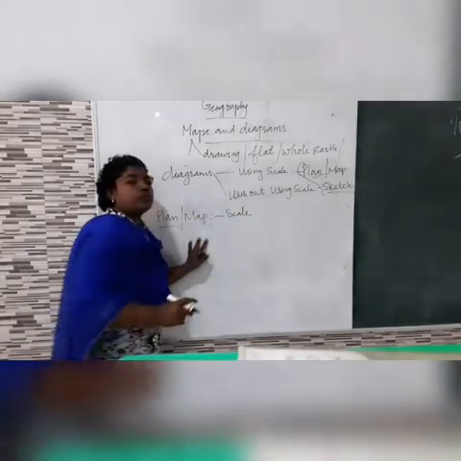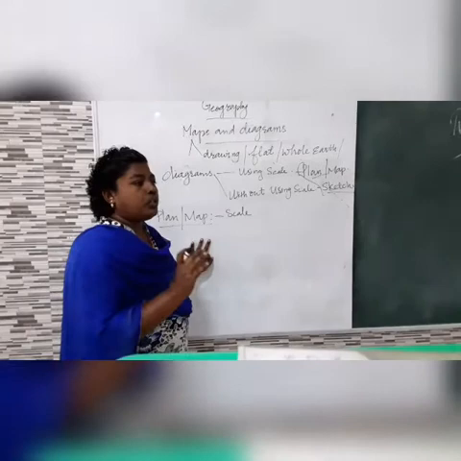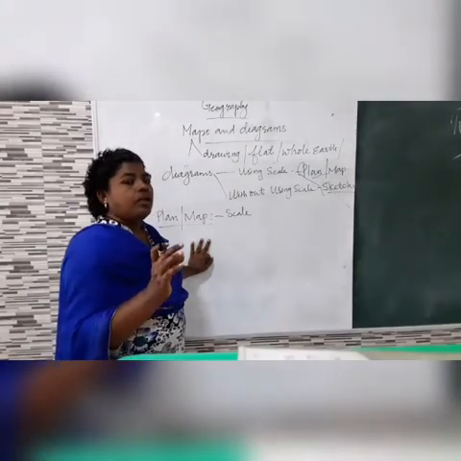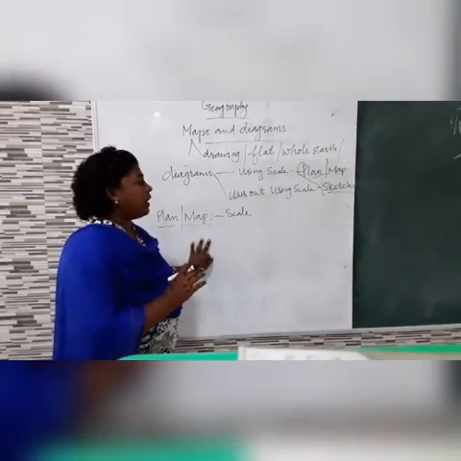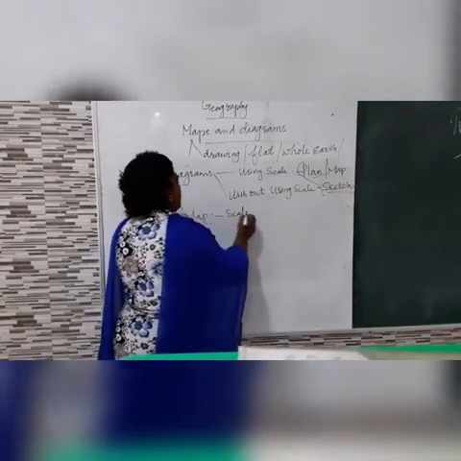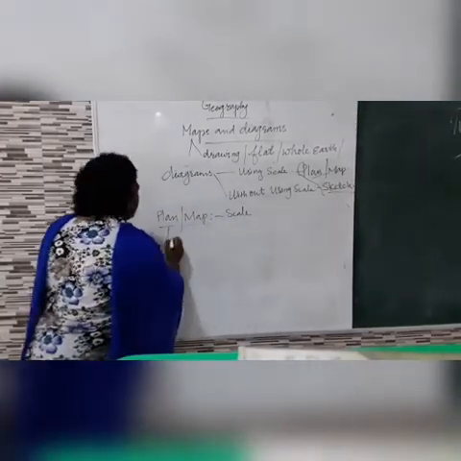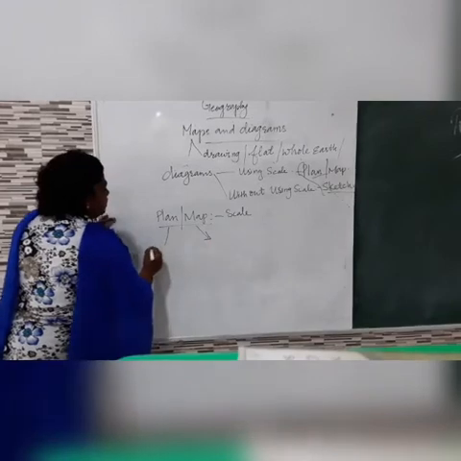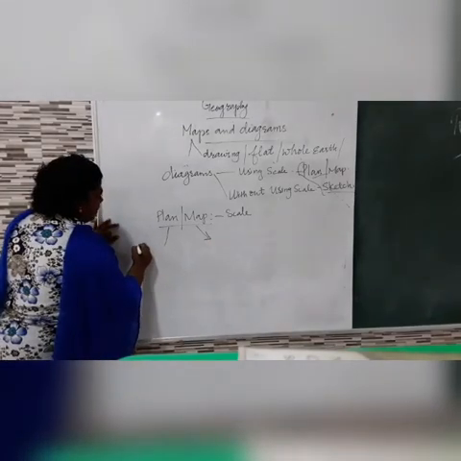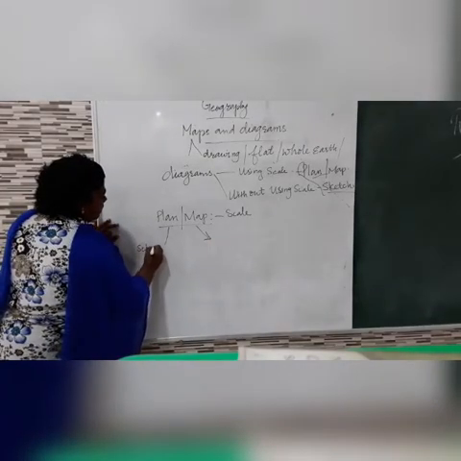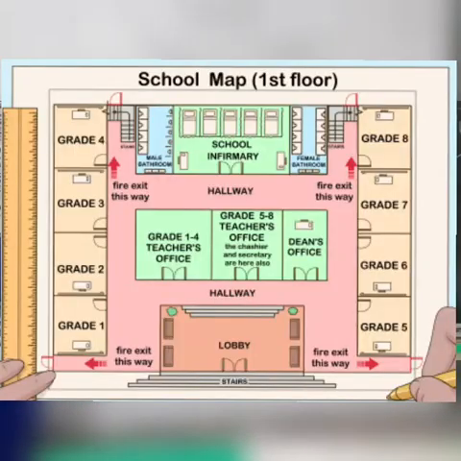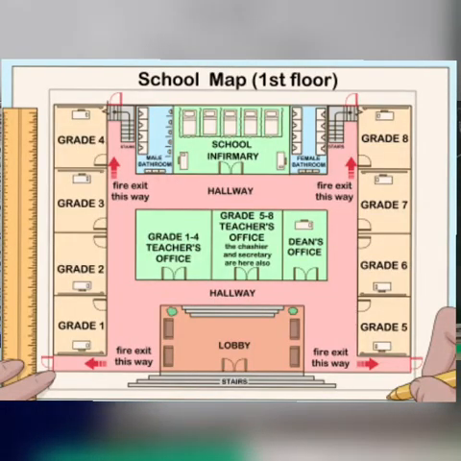Both the plan and maps are drawn with the help of scale. And the plan shows your local area like school. You can get the drawings of your school, neighborhood,